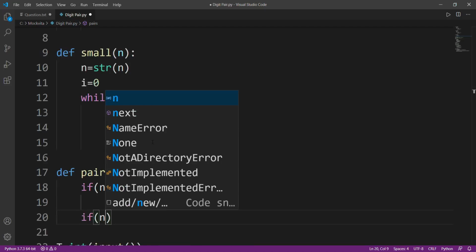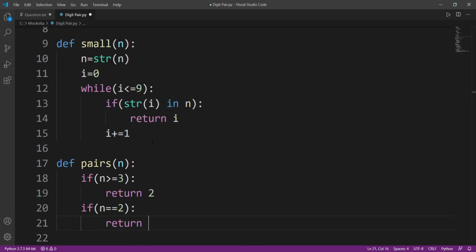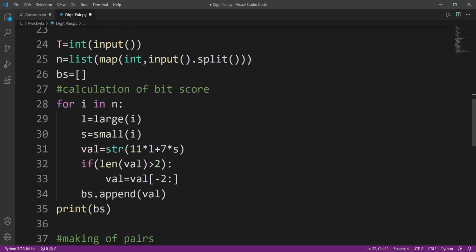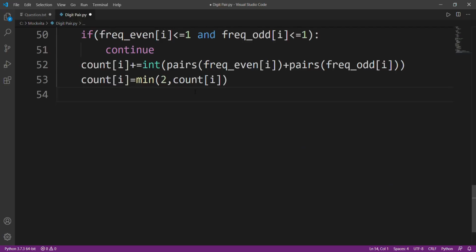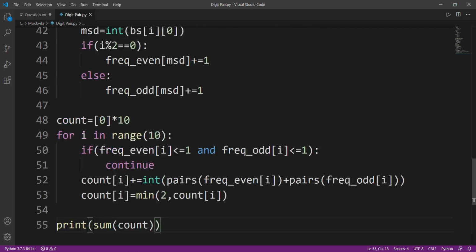If the number is equal to 2, which means two values are possible, then I'll return 1. Otherwise, whatever it may be, I'll just return 0. And after this, I'll print the sum of count. This is supposed to be my answer.